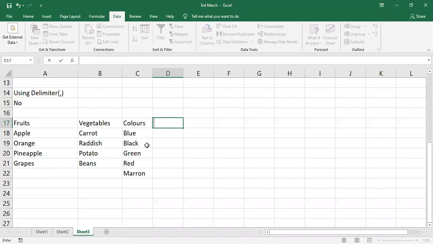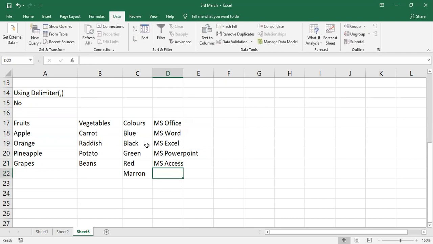Now here I'll give MS Office product. Okay, I'll give MS Office: MS Word, MS Excel, MS PowerPoint, MS Access. Now I want to create a dependent list.